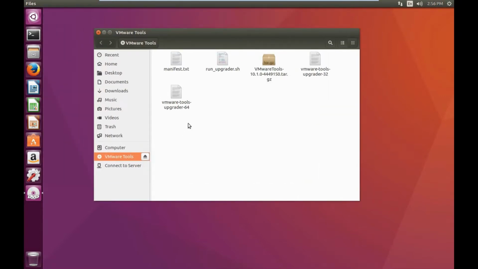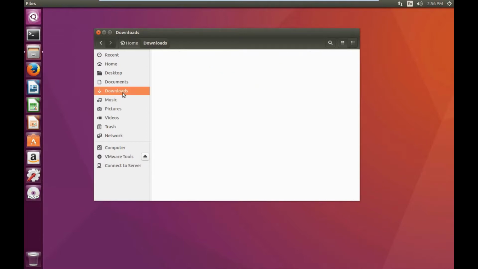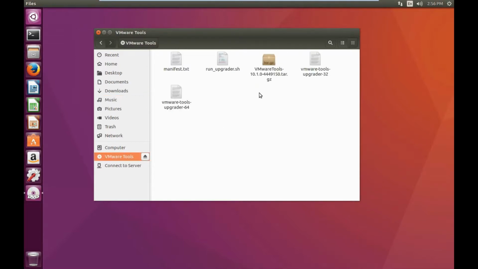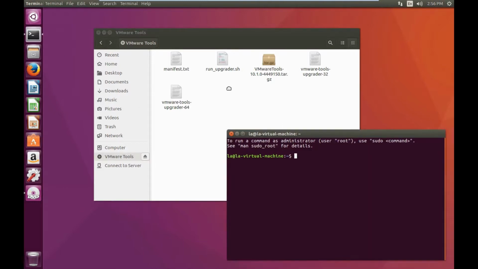Alright, so inside our VMware Tools ISO, there is a tar file here. We want to extract this tar file into our downloads folder. Now I'm going to be using a terminal to do this. Of course, if you wanted to use the GUI interface, you could do this, but for this tutorial I'm going to be using terminal commands here. So I'm going to open up an instance of the terminal,